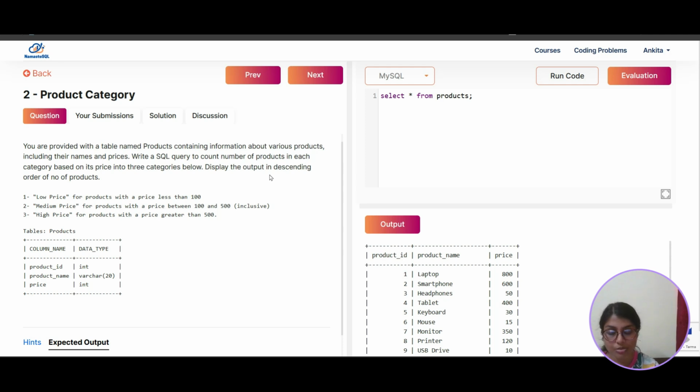Descending order of number of products. Okay. So basically we have to create a category first. Let's select a category and then we will calculate products within the category and then we will sort it by ascending order. So if I show it,